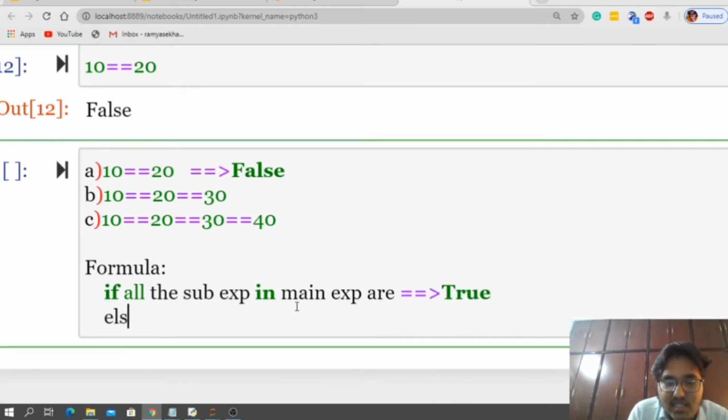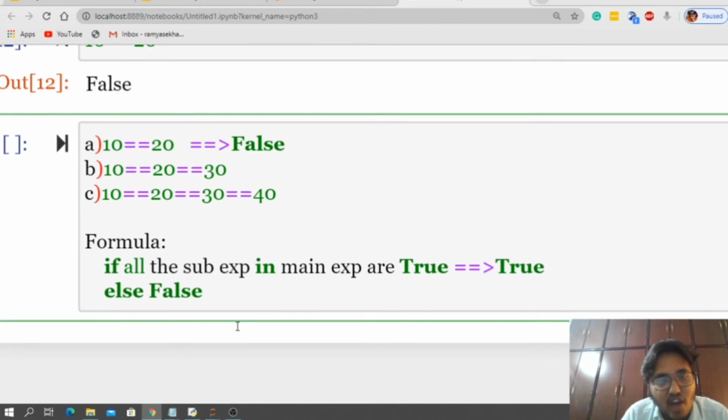Otherwise, we will be getting false. If even one sub expression returns false, then we will be getting false. Is this clear? That is the formula we need to apply.